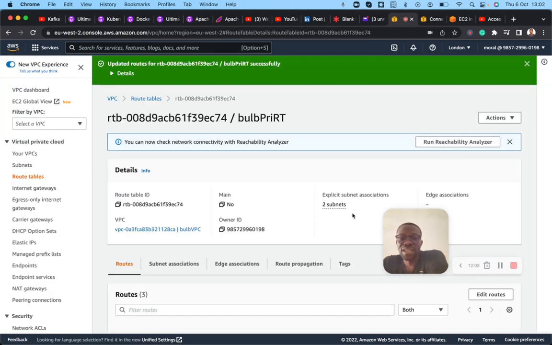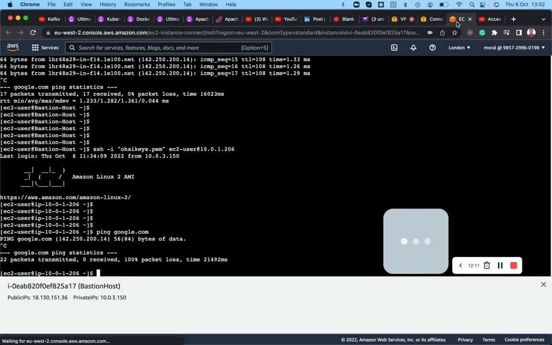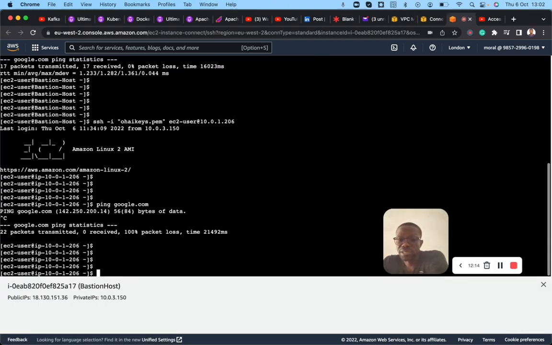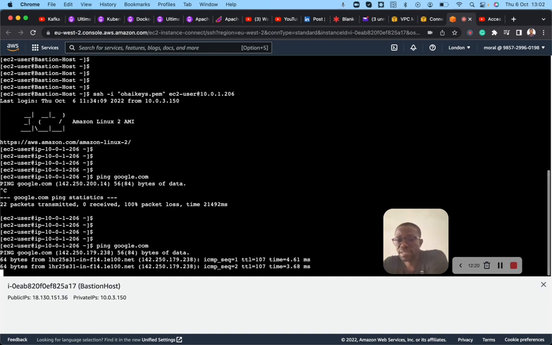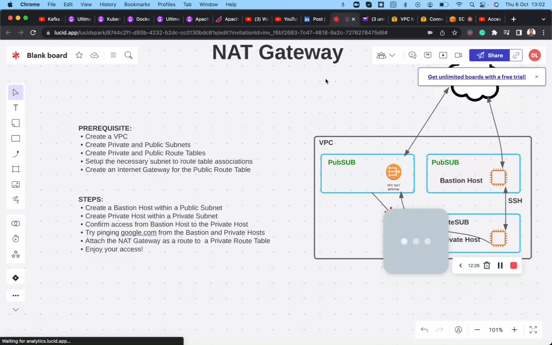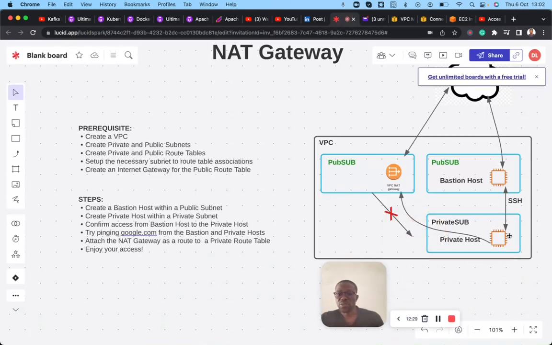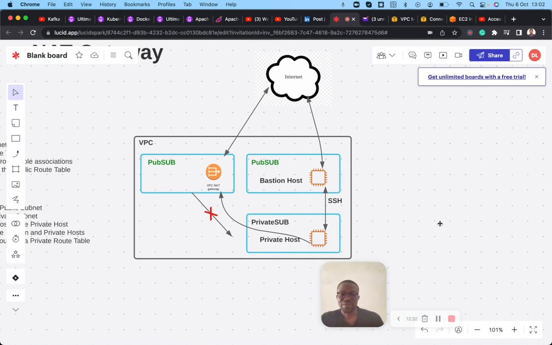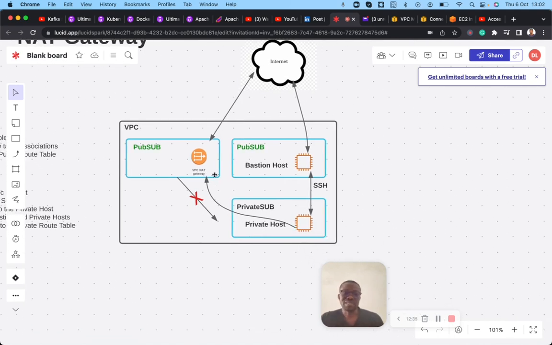Save changes. So now that this has been set up, let's go back and see if we can initiate the ping. All right, so this is the private subnet. So if we try to ping again, let's see. You can now see that connectivity is going through. At this juncture, you can see that my private host is now talking to the internet. So the traffic coming from the private host is being routed through the NAT gateway to the internet. So this is how you make your private host talk to the internet without the internet talking back to